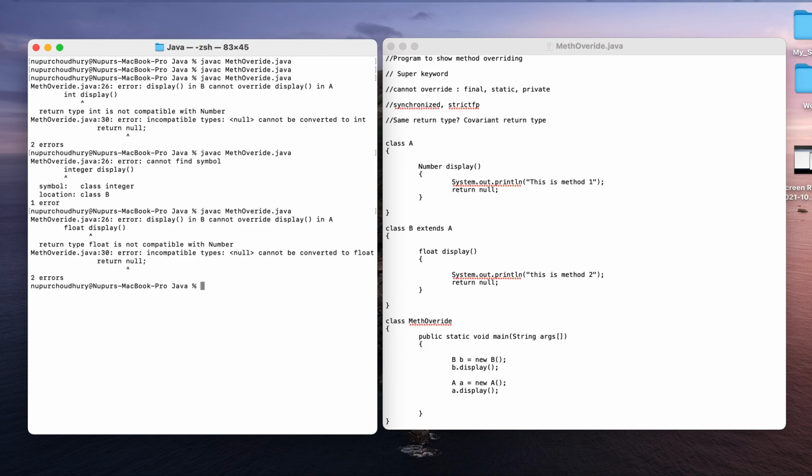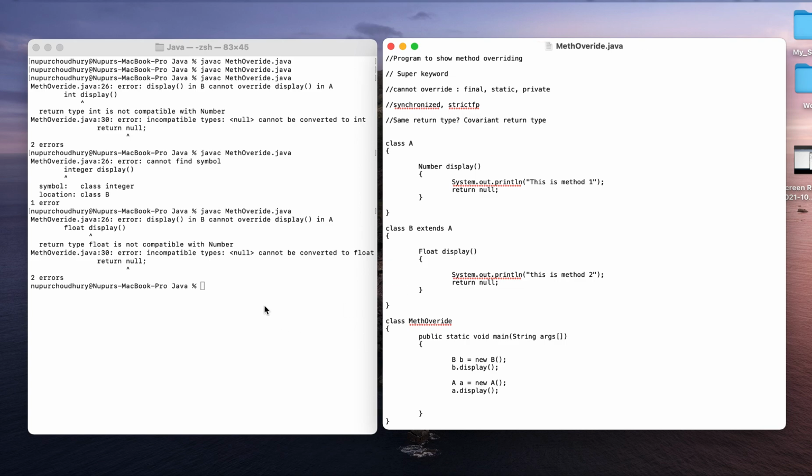But here also I am not getting the desired output. It shows that display in B cannot override display in A, and return type float is not compatible with number. That means object is the parent of number, however number is not the parent of float, and that is why I am not getting the desired output here.